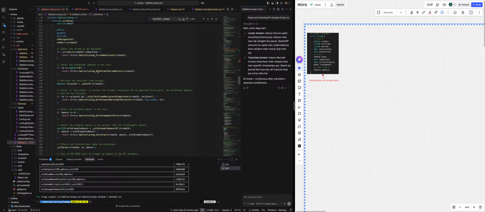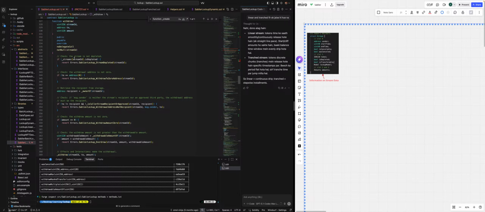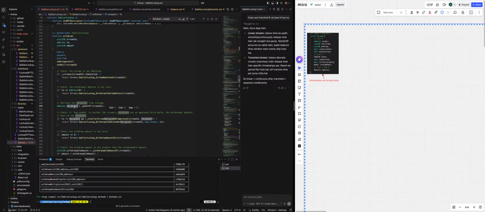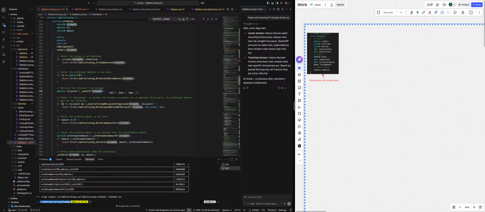Yeah, here it is. I'm confused. Okay, got it. So this is basically checking certain elements, like basic checks, and it is getting the recipient, which needs to be the receiver here. It checks the recipient, which is basically calculated, and then the "to" basically needs to be the owner or should be approved,